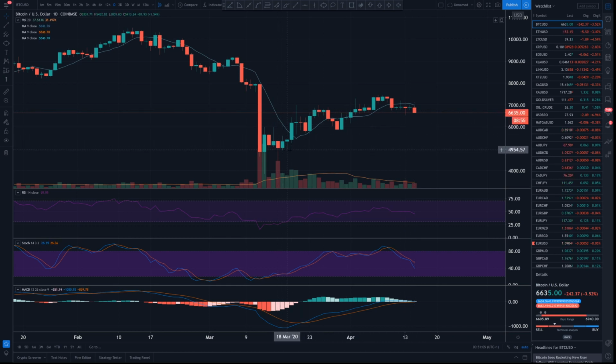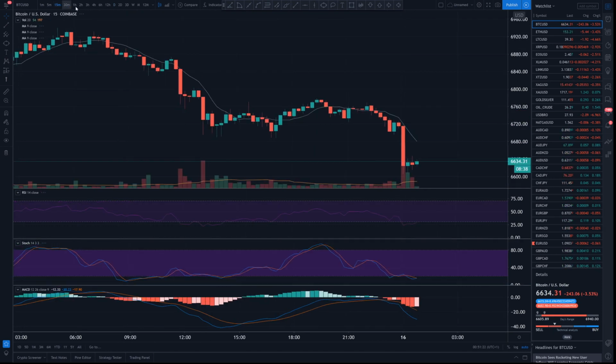I do want to look at the daily even as a scalper to see the general trend, and be more cautious if I'm going to be scalping against the daily trend. But outside of that, it doesn't do me any good to look at the daily if I'm scalping or day trading. I really want to be looking at the 15-minute or the hourly,